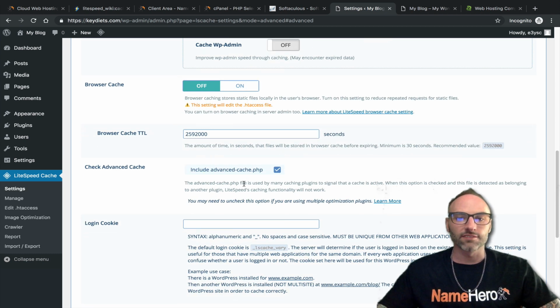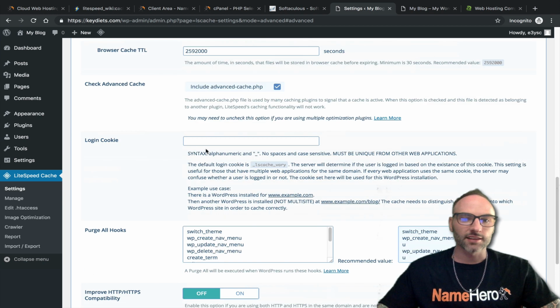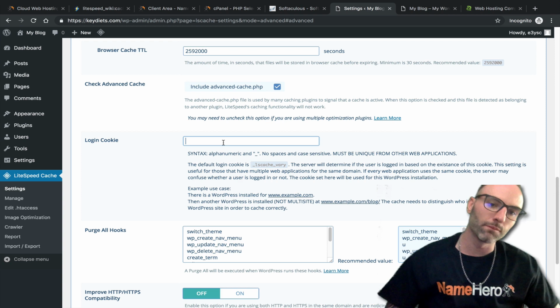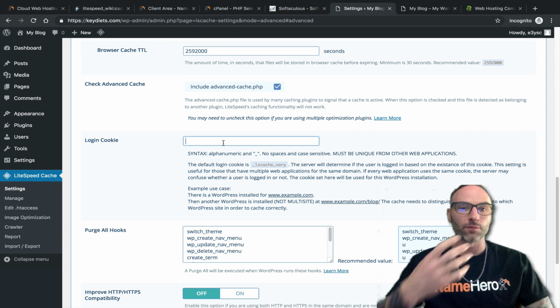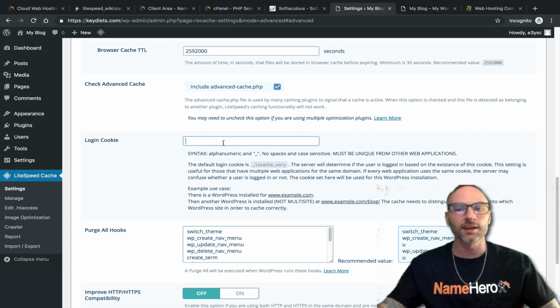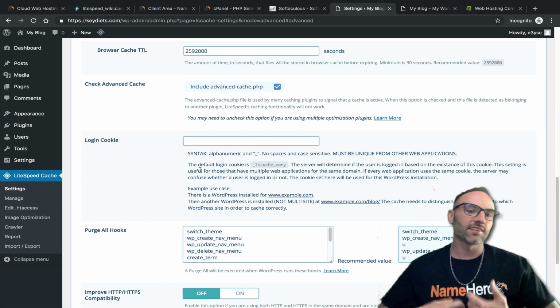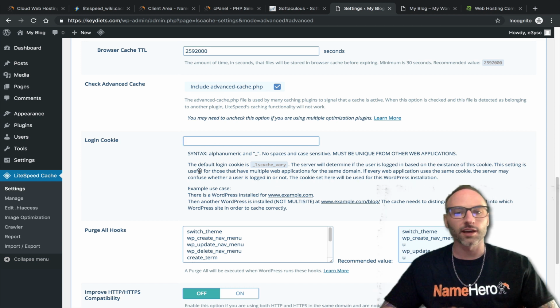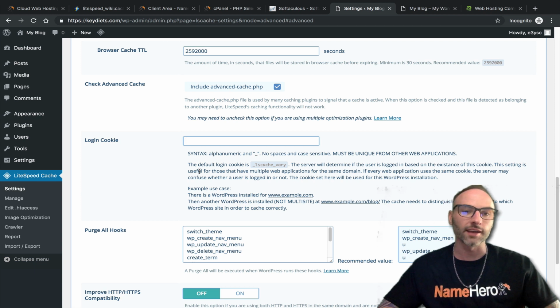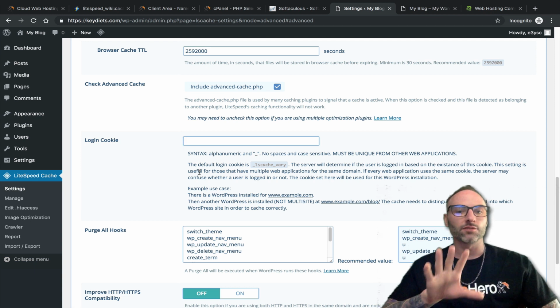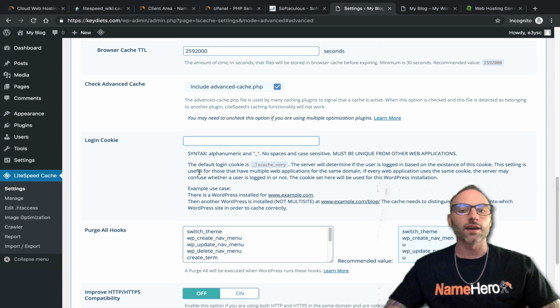This is going to actually check that file to signal the cache is active. If you have a login cookie, now this is important. If you're using membership software for people or customers to log into your site, you might need to put what the login cookie is so it keeps that session alive when they're logging into your website. So this gets a little bit more on the complicated end, and you need to check with whoever you're using for that membership area. So if it's basically just a WordPress login, then that might be a lot easier, and